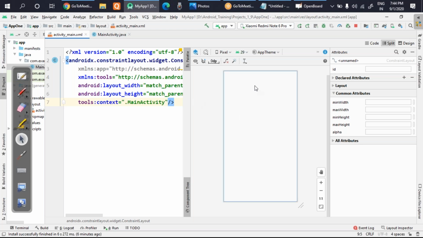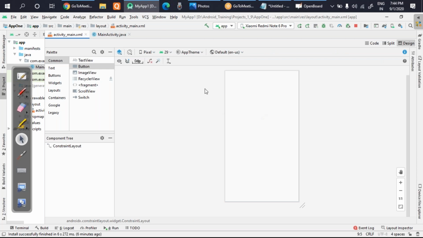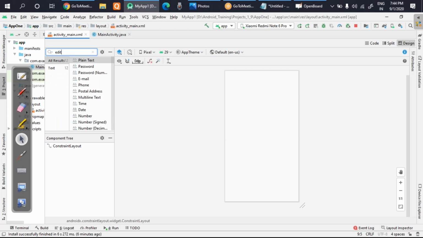Okay. Now what I will do, I'll actually jump to the design section, because I have to first of all drag and drop and complete the parts. Okay. So let's get started. Now what we have to do, first of all, we need edit text. So I'll move to that edit text. So where is edit text? If you're not able to find it, then you can see there is a search box also. So you can write here EDIT. So when you start writing, you'll get edit text.